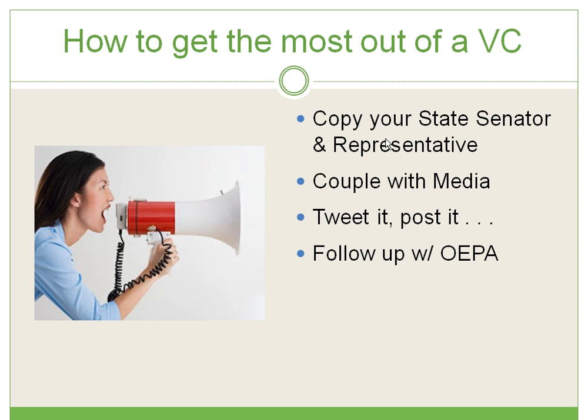Once you file your verified complaint, there is a notice from Ohio EPA, but with a lot of notices that go out in the back pages of your local newspaper or on Ohio EPA's website, not everybody sees it that should see it. So coupling it with some media is important. Tweet it, post it, put it on Facebook. Again, just to make sure that your community members know that this is going on. And it also helps maybe show the importance to Ohio EPA that this isn't just a frivolous thing that you're throwing out in front of them. This is something that really impacts your community, and you want to make sure that everyone knows about it.